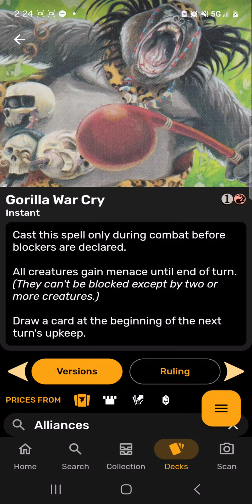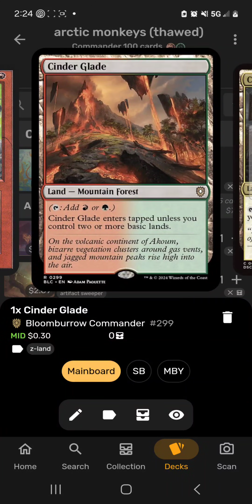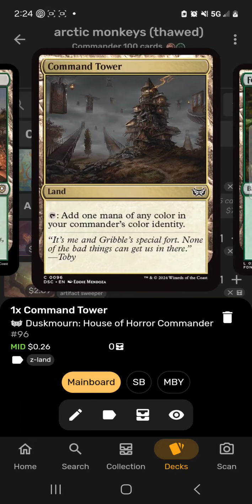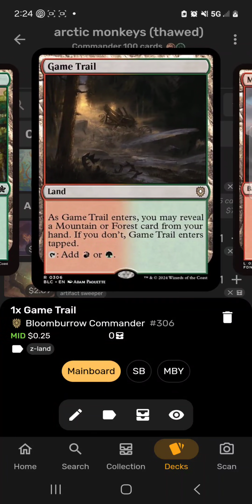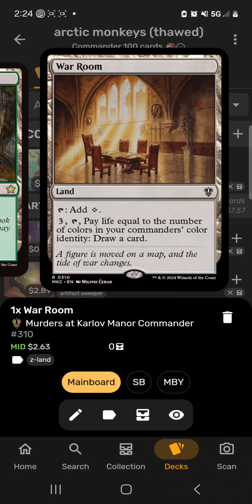It just makes all creatures gain menace. It's not like anything crazy. I just like it because it's flavorful, draws a card, and gives your creatures menace to help them swing in and win. Moving into lands: Cinderglade, Command Tower, Forests, Game Trail, Mountains, Restless Ridgeline, Sheltered Thicket, Temple of Abandon, and